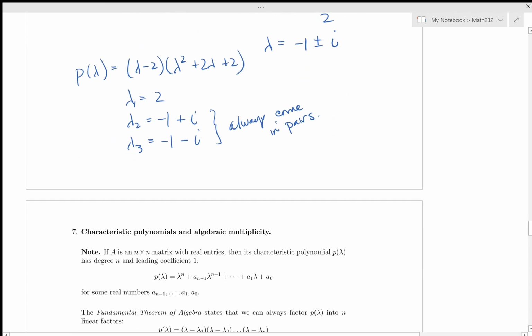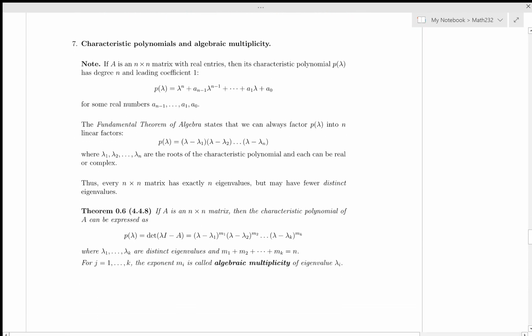Okay, so a bit more stuff here. If we've got an n by n matrix with real entries, then the characteristic polynomial has degree n, and the leading coefficient is 1. That's fine. Okay, so the fundamental theorem of algebra